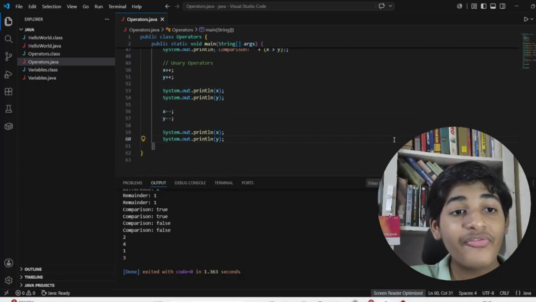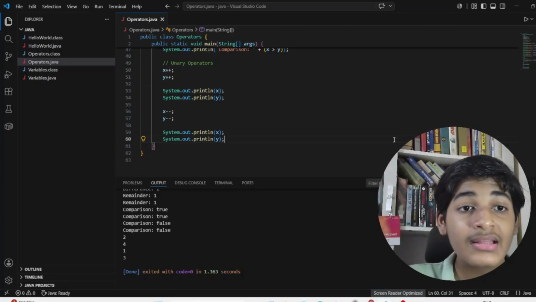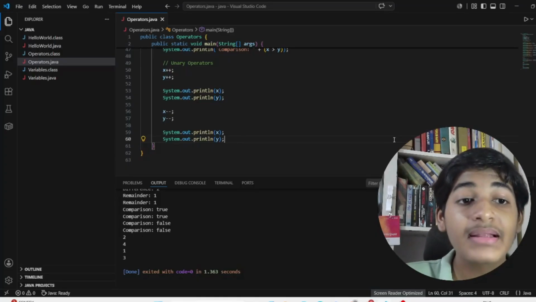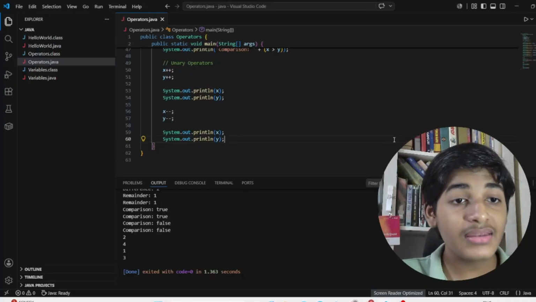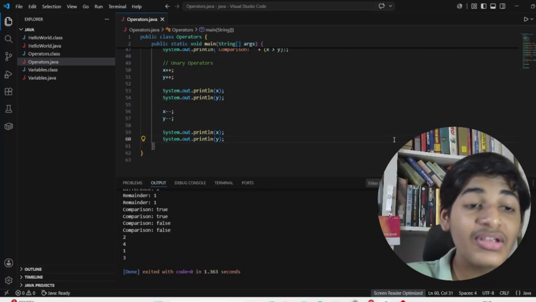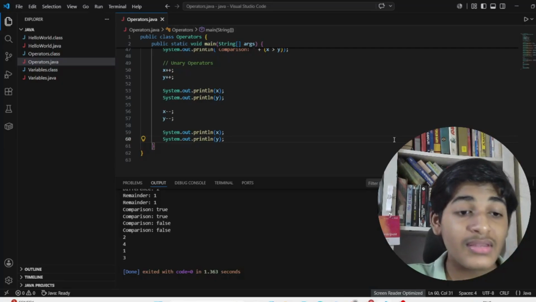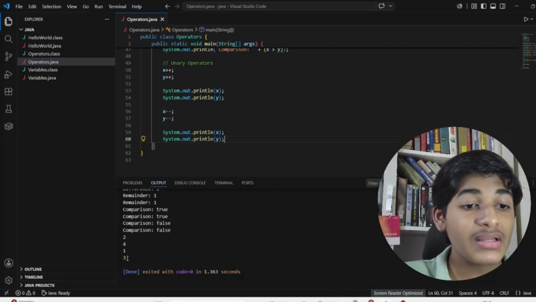And when I perform the decrement operation, it takes the current value which has been updated by the system. So since 2 minus 1 is 1 and 4 minus 1 is 3, it prints 1 and 3